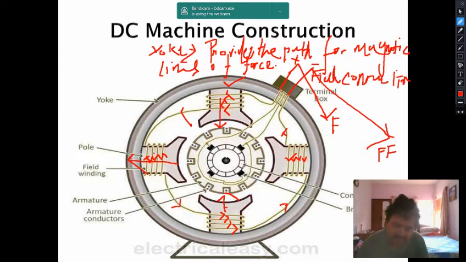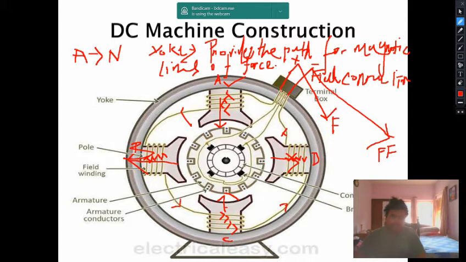And for this particular case, if you orient your right hand in the direction of the current, it will again be in this particular direction. Let us name this as pole A, this is pole B, this is pole C, this is pole D. So what will be the polarity of pole A? You see that from the pole the magnetic field is emerging, and automatically it will be labeled as N, or North Pole. So pole A is North Pole.